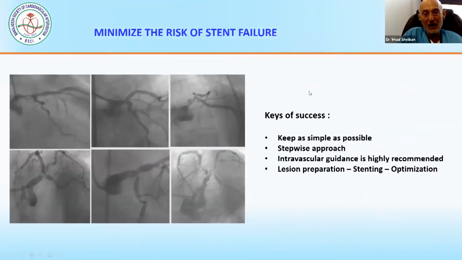Of course, the first thing to do is to minimize the risk of stent failure. And we have spoken yesterday, the key of success is keep it as simple as possible. Don't do bulky things, particularly on the carina in bifurcation. Step-wise approach, even with the simple stenting. Intravascular guidance is recommended always, and lesion preparation, stenting, optimization, that means good expansion, good apposition of the stent, is